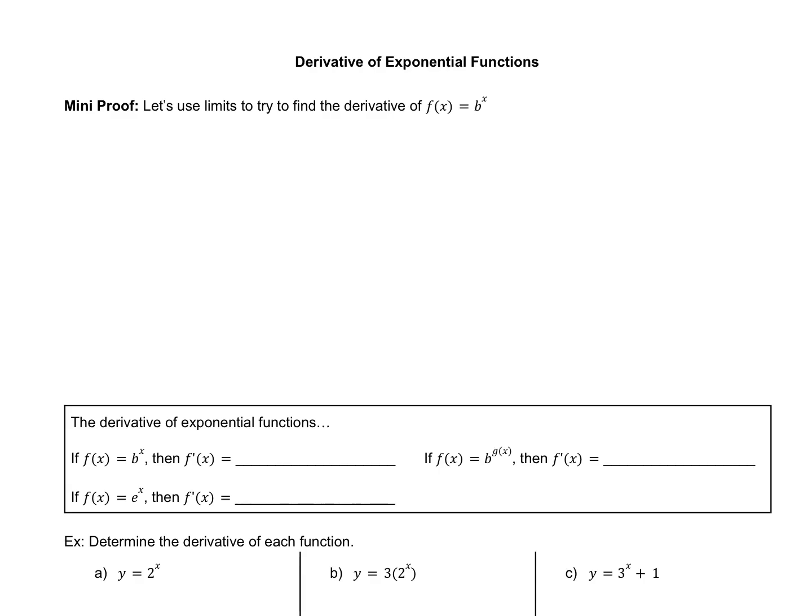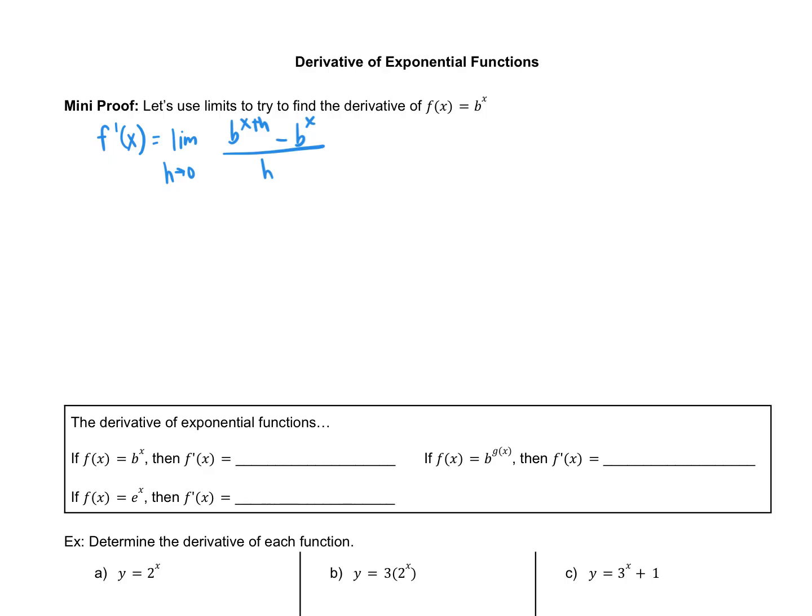In this video, we'll be looking at how to take the derivative of an exponential function. We're going to start off by using the first principles of derivatives to try to find the derivative of f at x equals b to the power of x, where b is any base. So f prime of x is going to equal the limit as h approaches 0 of f at x plus h, so b to the power of x plus h, subtract f at x, so b to the x, all